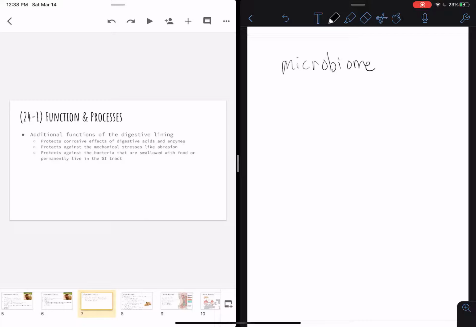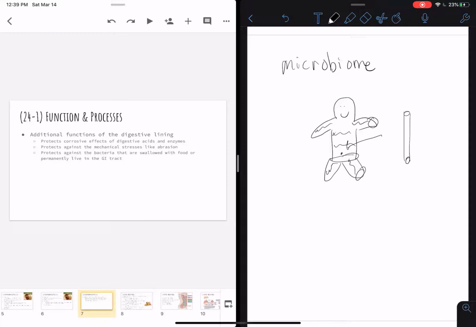So what is the microbiome? Essentially, and here comes a terrible picture of a human, who's happy to not have a neck, I suppose. Anyway, so the microbiome. We have a bunch of bacteria living on us at any given period of time. And the bacteria that live, let's say near your belly button, are going to be very different than the bacteria that live near your pelvis, that are on your feet, that are on your hands, on the front of your hands versus the back of your hands, on your face, on a good skin day, on a bad skin day, etc., etc. There's also bacteria that live inside of your gut, so that's actually living within the GI tract,